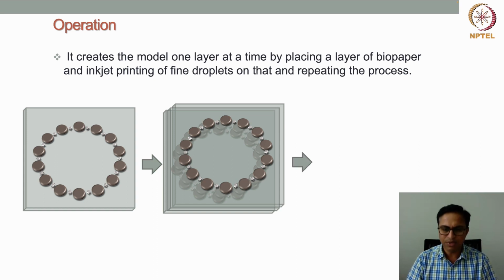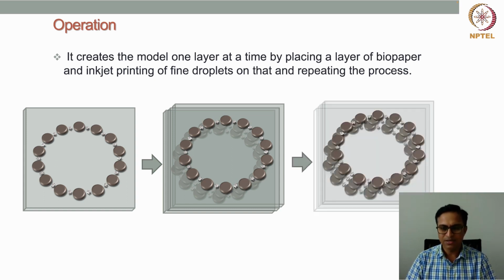And then, this biopaper is a biodegradable substance, so it will dissolve or degrade on its own. Before dissolving, the cells that are in these droplets will come in contact with each other, assemble with each other, and then produce the extracellular matrix. They will make up the tissue, right? So the biopaper will be dissolved here,